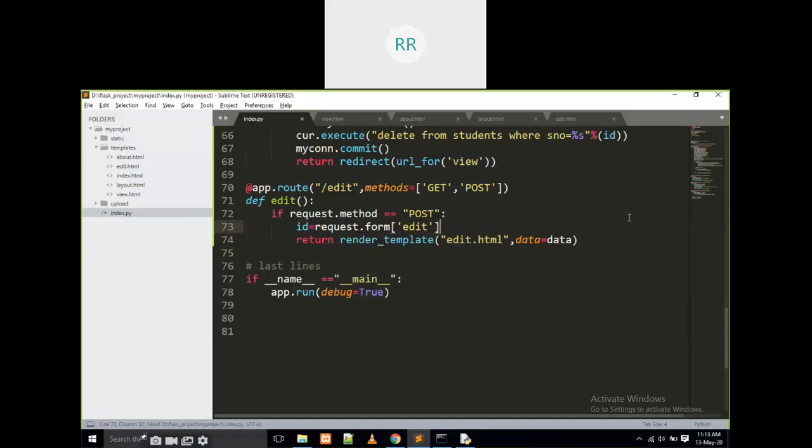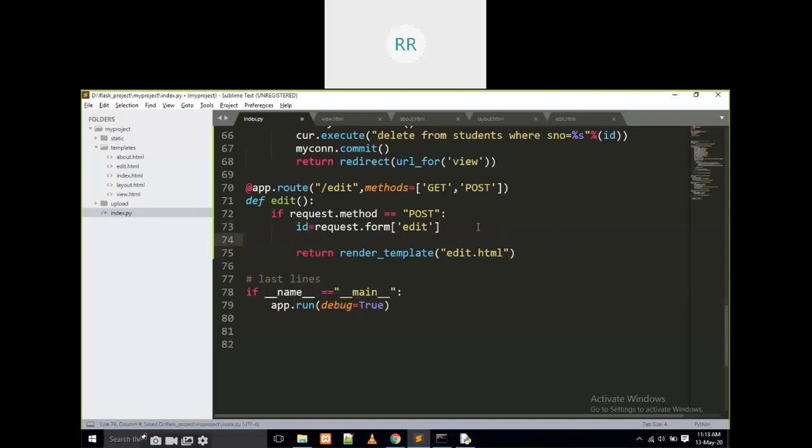If you want to get the data, what do I have to do? What query am I going to write? I am going to get the data of the particular student, one particular person.